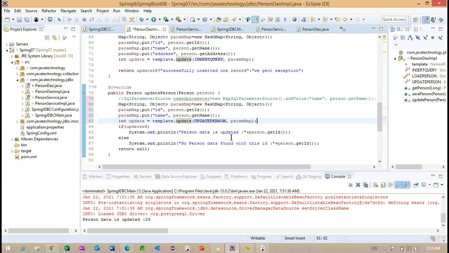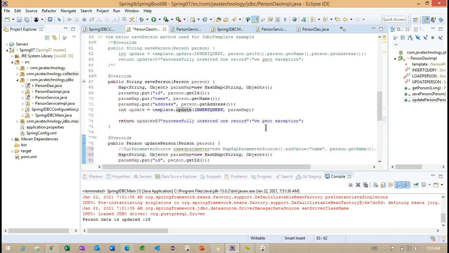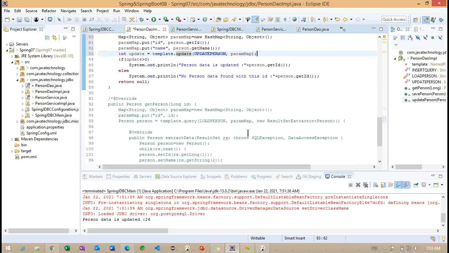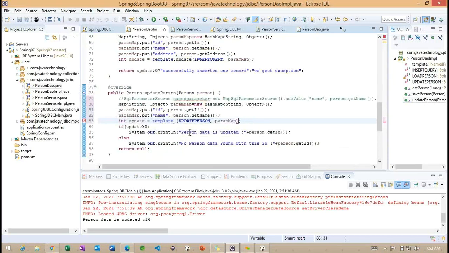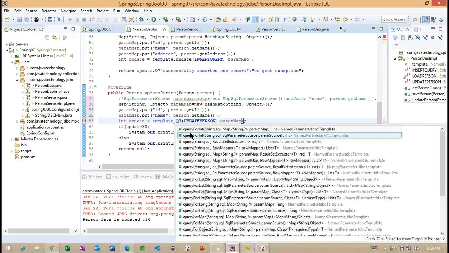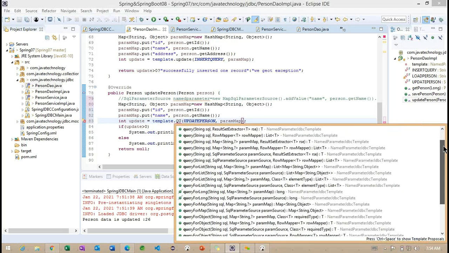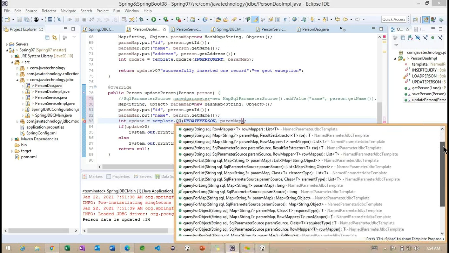Again, you have to hit the database, or else let's check this query. No, it's not going to use query. Now I have to use again person is equal to template dot get. Using this ID we have to pass and get the person, and we have to iterate that result set, and again I have to return. Like that only I have to do.